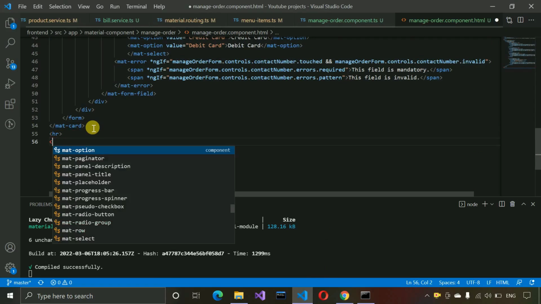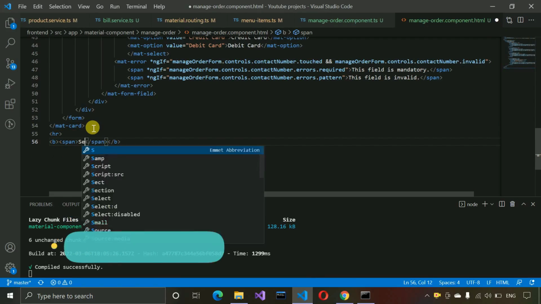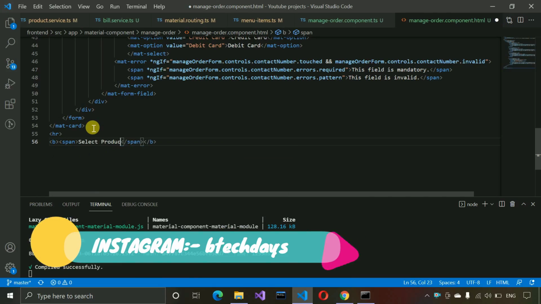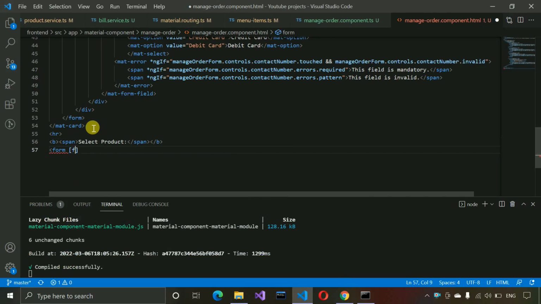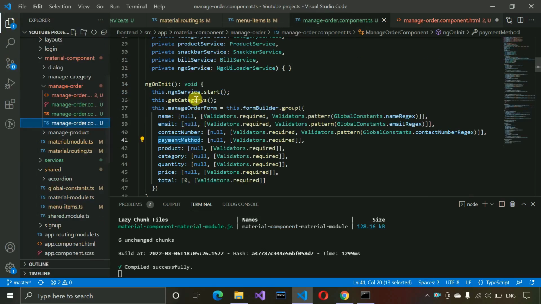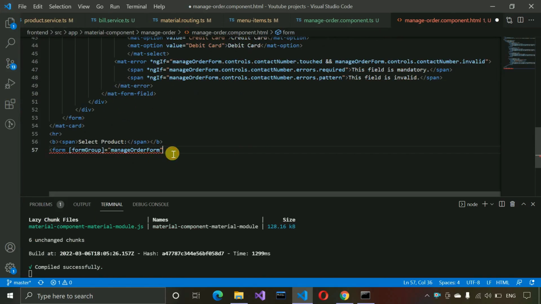and again we have to write here bold and span, and here we need to write select product, this one, and again we are going to create the same form with the same form name actually, so form group, and here we are going to write manage, the same as this one actually, this same form we are going to create, which has a few values like other details which we left above. And here we need to close this one and the div,